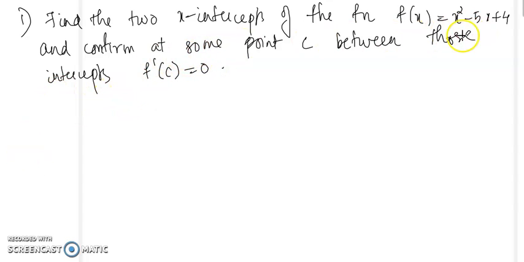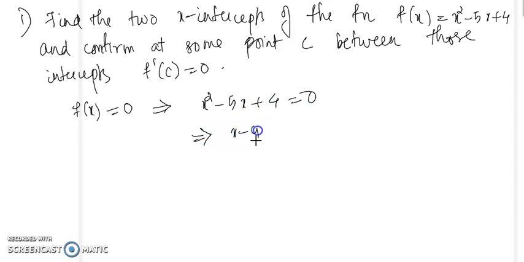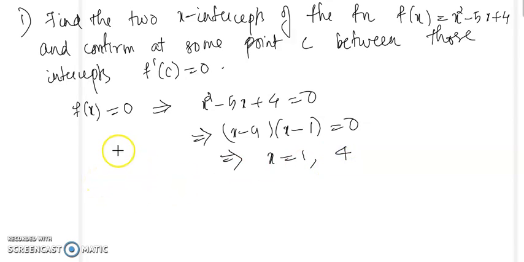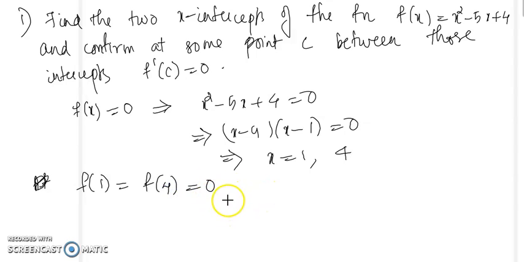So let us find the two intercepts. So f of x equal to 0 implies x square minus 5x plus 4 equal to 0. So that implies x minus 4 into x minus 1 equal to 0. So x will be equal to 1 and 4. So we have f of 1 equal to f of 4 equal to 0 and f is continuous in closed